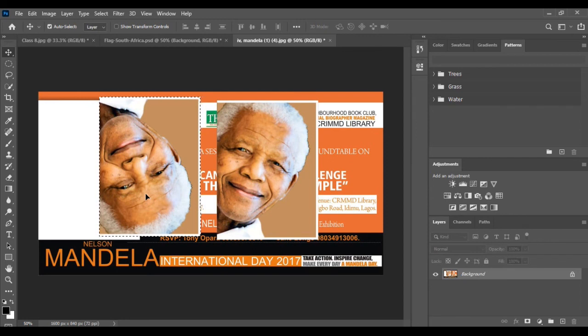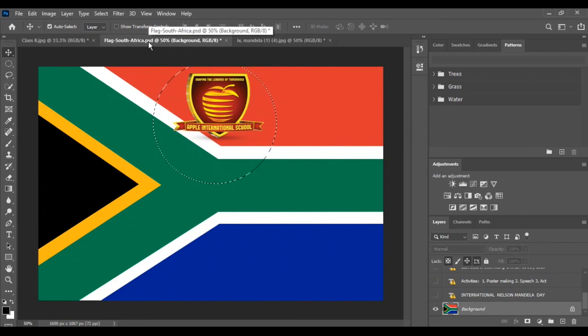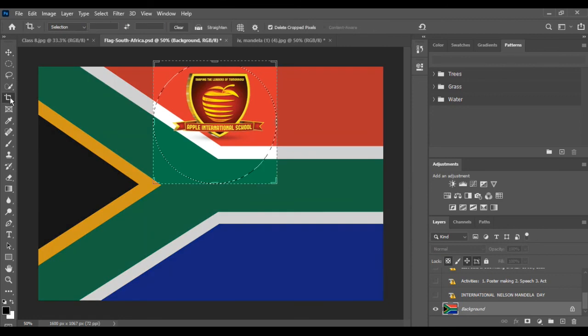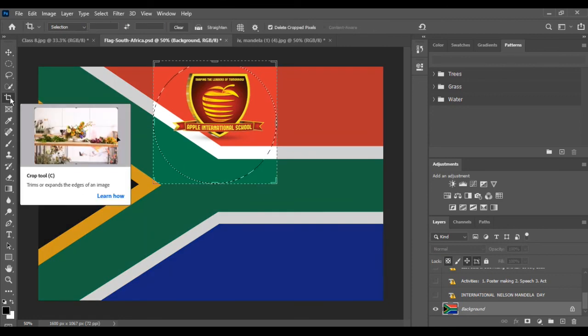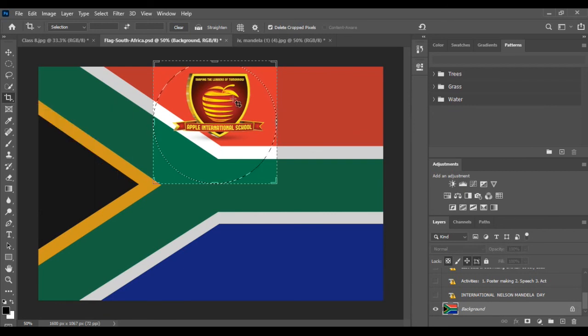The crop tool enables you to crop the image. Cropping means deleting the pixels outside the selected boundary. The steps are: first of all, open the existing picture. Then click on crop tool. Click and drag the selected portion of the image you want to crop.